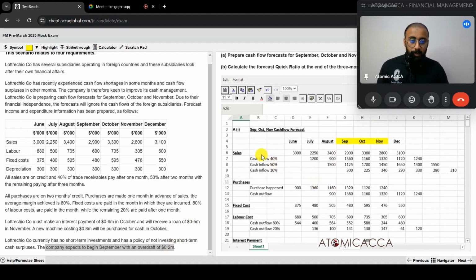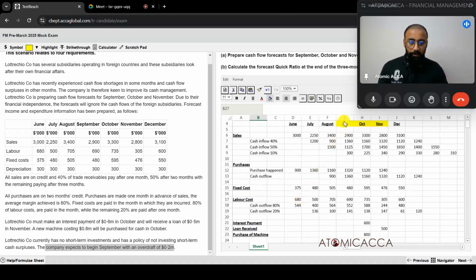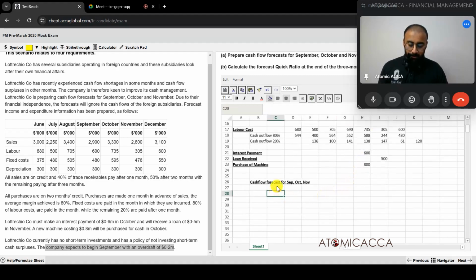Now what we can do is net all of these figures together and find out what the cash movements are in each month, because they want the forecast for September, October and November. So getting on to the main part, the cash flow forecast for September, October and November specifically. So if I take these 3 months down, first we need is